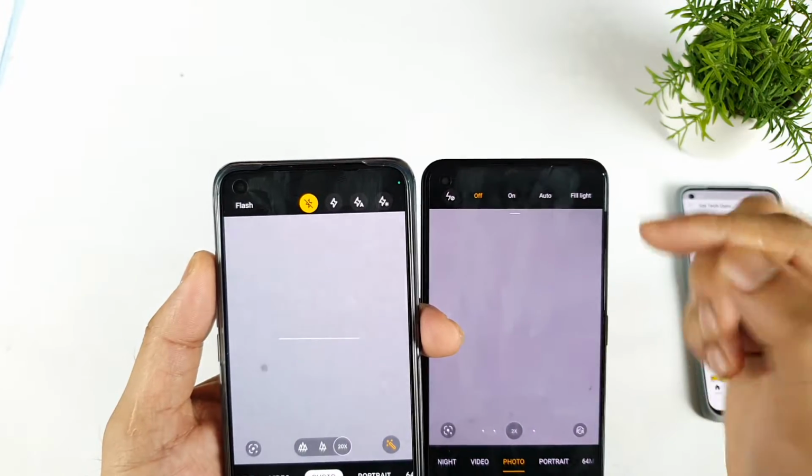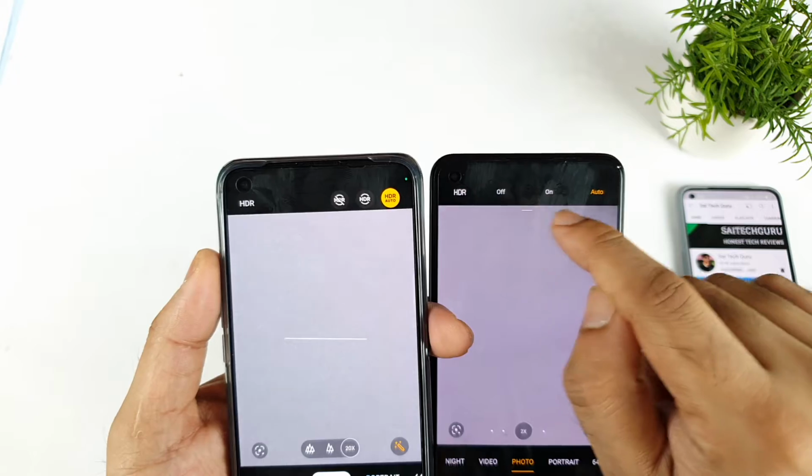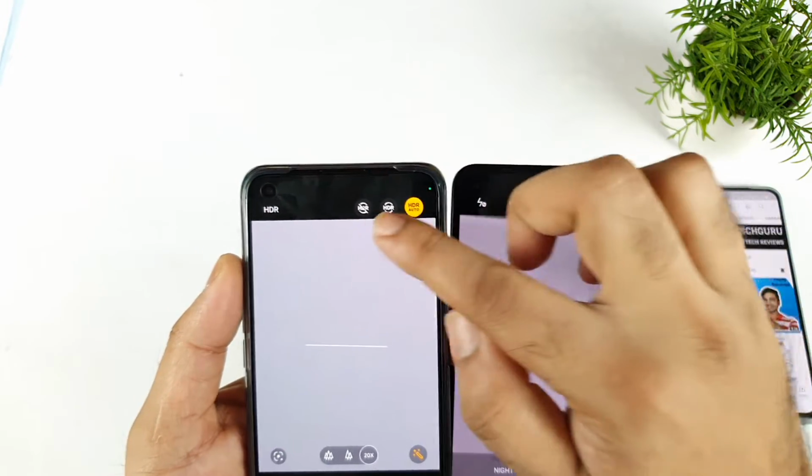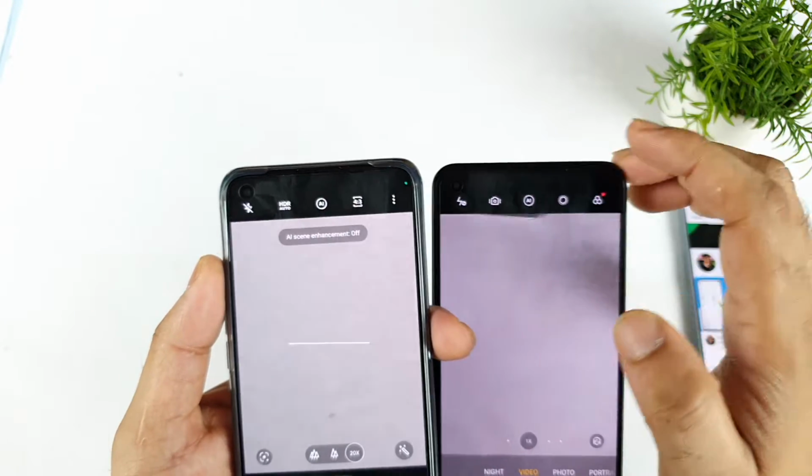Now there is only symbols. There is no text at all. That's the one thing. Even if you try to open the HDR as well, so right now HDR on and off and auto, and now the text is completely removed. It's showing the symbols, and AA mode is kind of same. And we do get